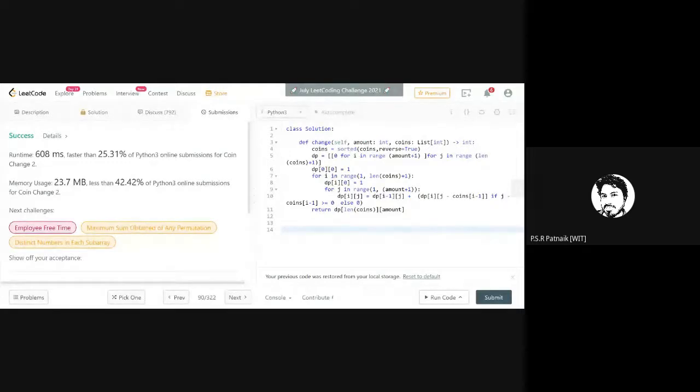And if they are using Python, they get an advantage of the runtime environment: just use the cache decorator, and it will go into a good solution. But there are some editors which don't support that function. In that case, you have to manually do memoization. If you want to do manual memoization, go through the knapsack program which I wrote. I'll share that link in the description, the knapsack series. There you will understand what kind of data structure we have used to implement memoization for knapsack. Okay, so I hope you understood.